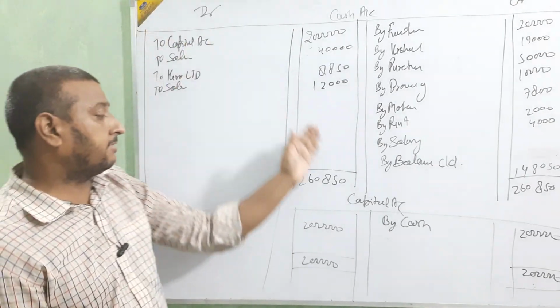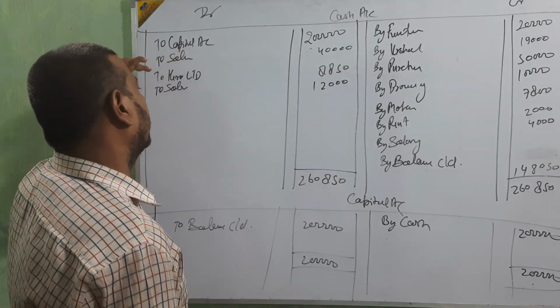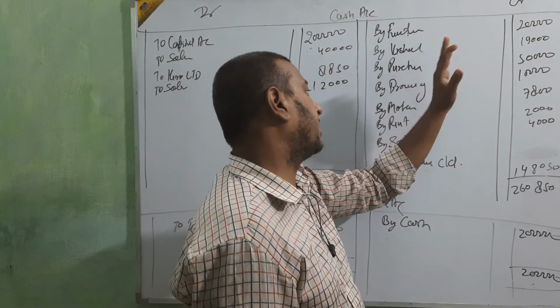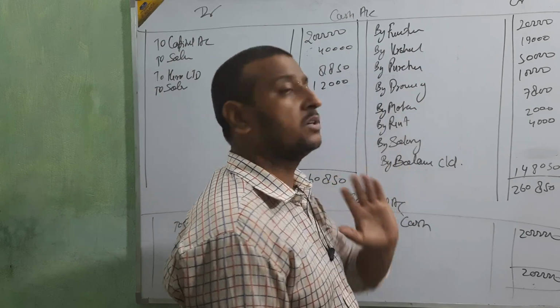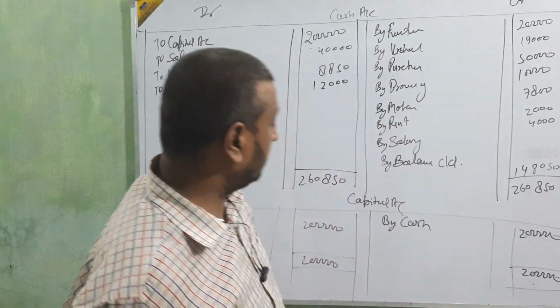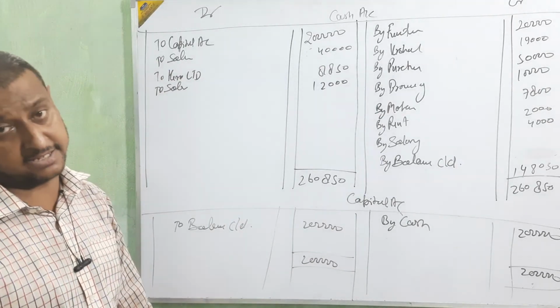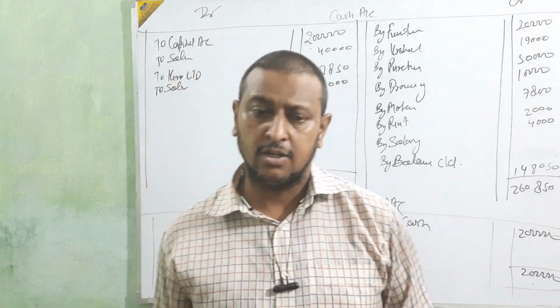And the same way we make the capital account, we are going to make the sales account, the Hero account, the furniture account, Vishal account, purchase account, drawing account, Mohan account, rent account. Okay beta? All these names are coming in your question. So we are going to make all the accounts, that is called the ledger, beta. Okay? Clear? How to make the ledger? Clear or not? Clear? Okay. Thank you.